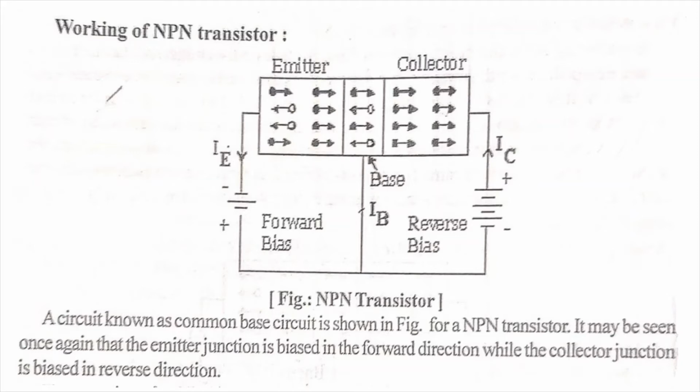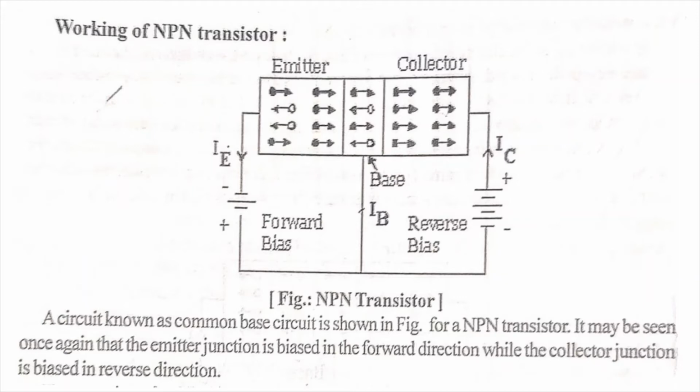These remainder electrons cross over the collector junction into the collector region, where they are rapidly drawn up by the positive collector voltage. For each electron flowing out of the collector and entering the positive terminal of the battery, an electron from the negative terminal of the emitter battery enters the emitter.